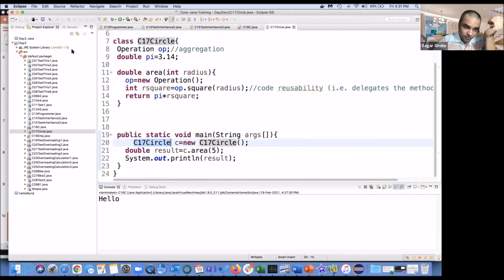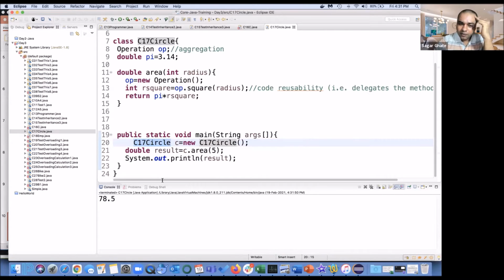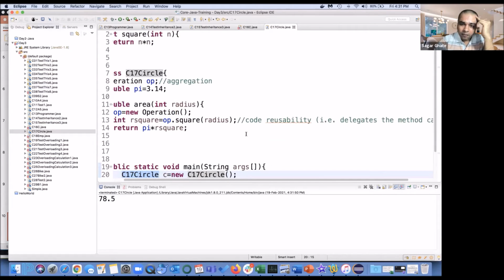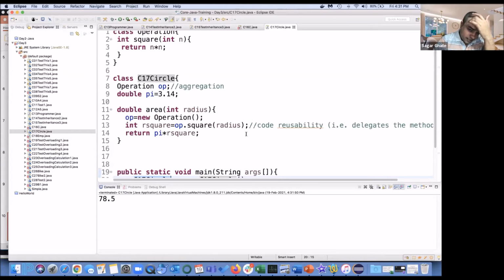So when we execute, we get the result from the calculation, 78.5. The main thing to understand in this program is these two lines.